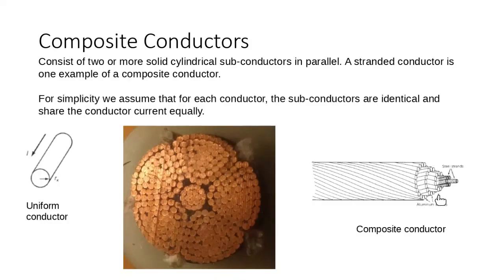Why is a conductor made of a number of strands, as you can see on the composite conductor graph? Yes, Yatami? It's for the skin effect, to avoid the low surface